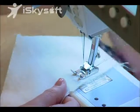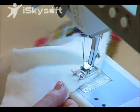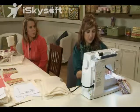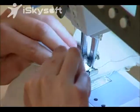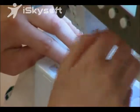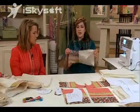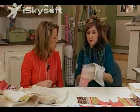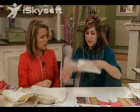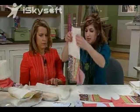I would use a brown or one of the colors that's in your fabric, just like a cotton. But again, it's probably not going to show. Most of it's being sewn on the muslin piece, which is folded under. Okay. So you go all the way to the top, yes, and then do you open up the seams when you're done with that? Yeah, it's best and easiest if you press what you can. It's a little bit hard to because it is a boot, so it's okay to lay it down like this and press over. Okay. So the next step is to attach the lining, and to do this,